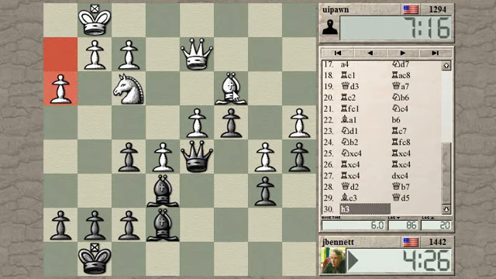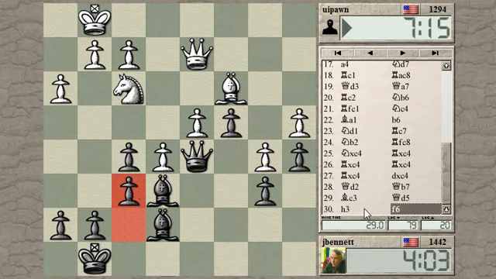Now let's see, what can we do? I've got the bishop pair. Can I get my bishops active and do something with them? Or should I give up the bishop pair? Sometimes when you've got the bishop pair, the best thing to do is to give it up. Maybe I should undermine these pawns in the center here with